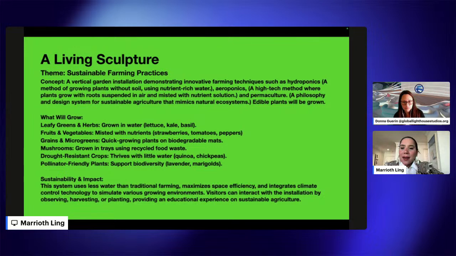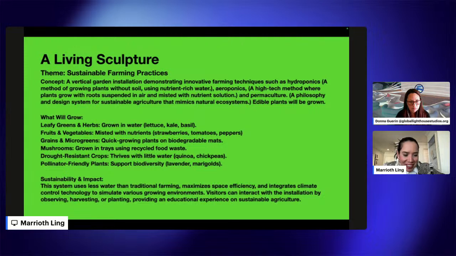So in this idea, the plants that we will grow are edible. So will be lettuce, kale, and basil, strawberries, tomatoes, and peppers, mushrooms, and quinoa, chickpeas, and pollinator-friendly plants that are lavender and marigolds to make it sustainable. And this system uses less water than traditional farming,